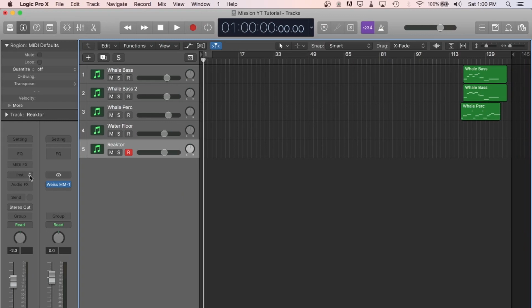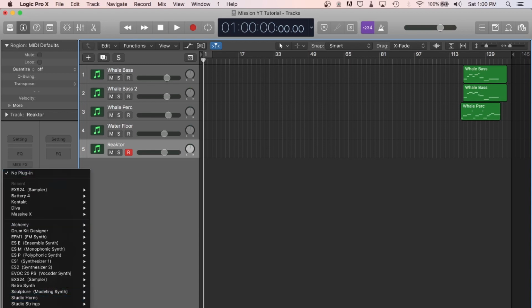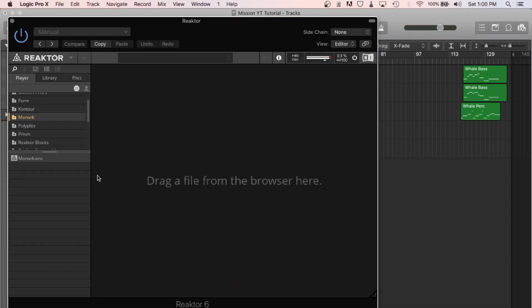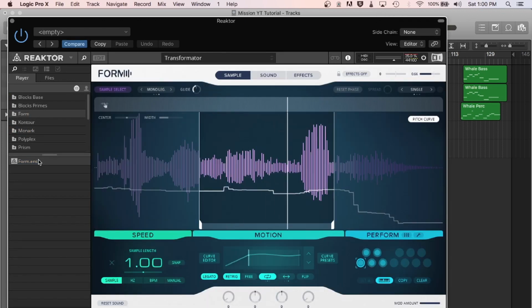So first we're going to start with a completely stock and blank instance of Form so you can all see how it loads up. Of course, Form is running inside of Reaktor 6. So we go over here to Reaktor 6, stereo file, and then we double click Form ENS to load it. Now the first patch that loads by default is a track called Transformator. And if I play any note,